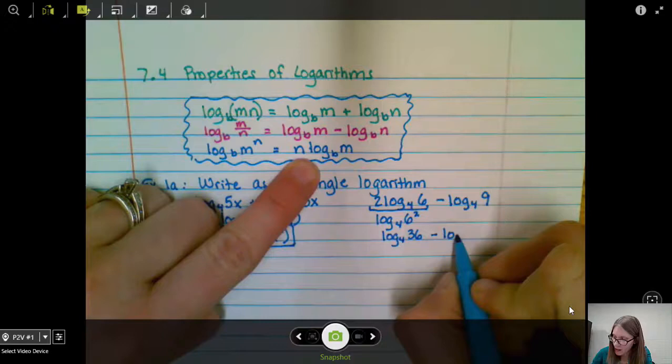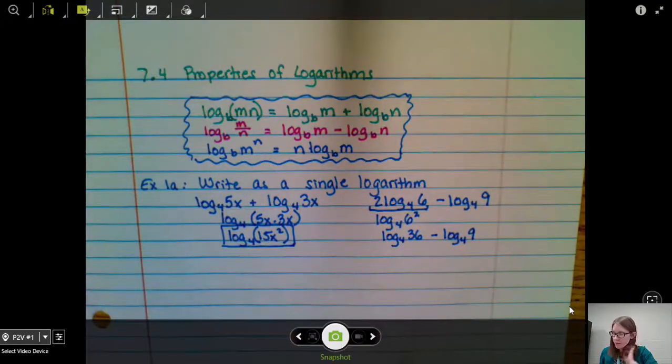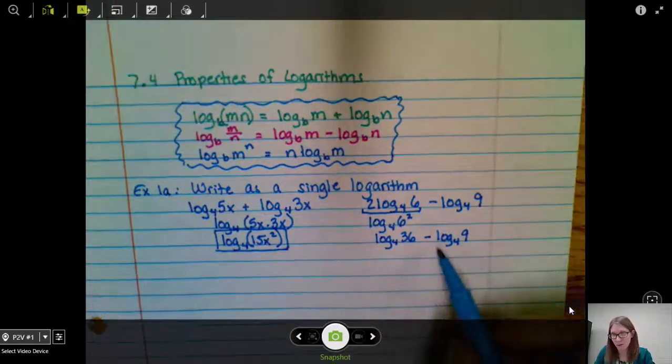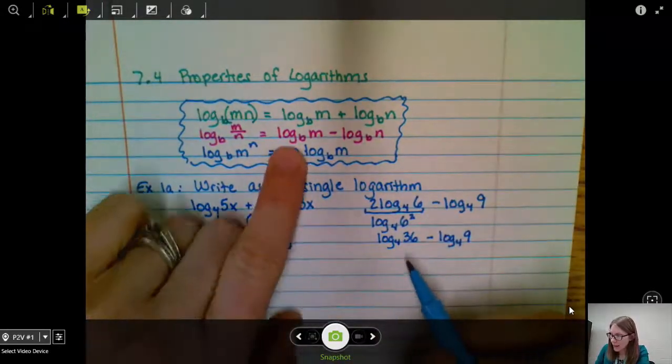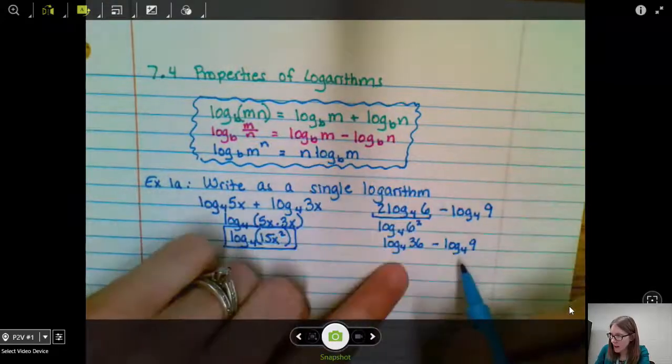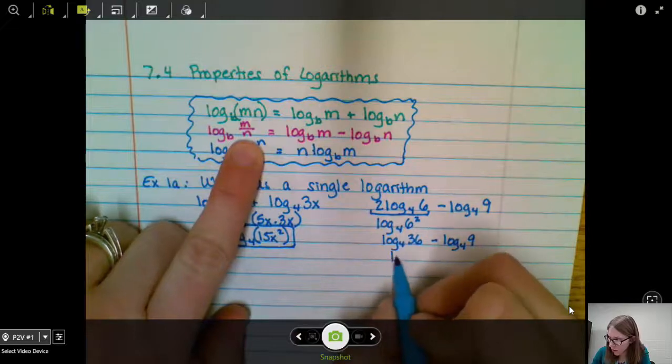And then I'm just going to bring this other part down, minus the log base 4 of 9. Now I don't have any numbers in front. This looks like the middle property now. One logarithm minus another, where I have the same base, we can divide the individual pieces. So that gives me the log base 4